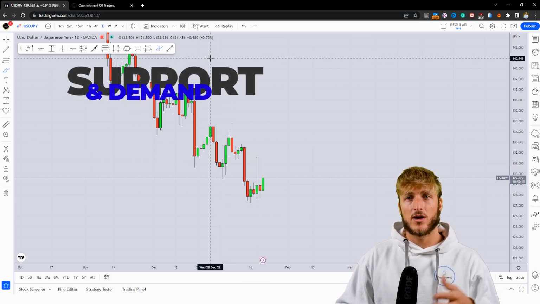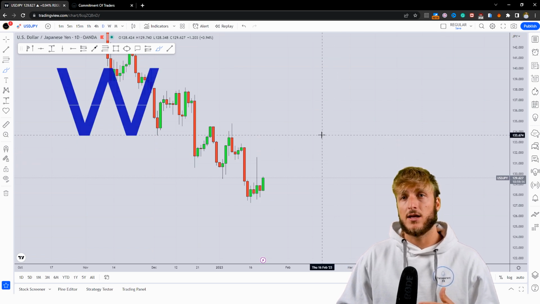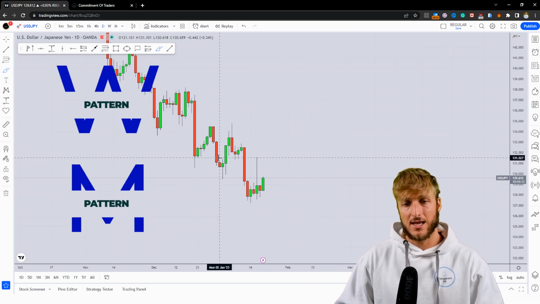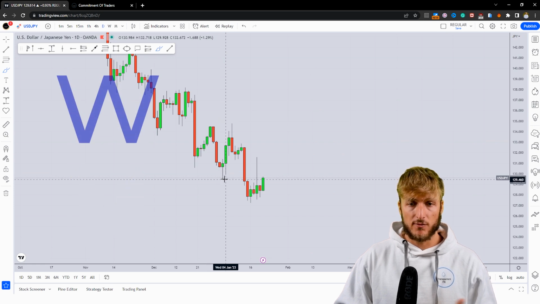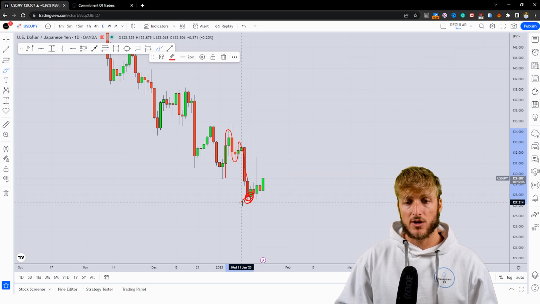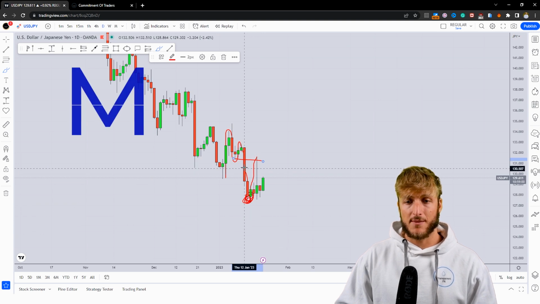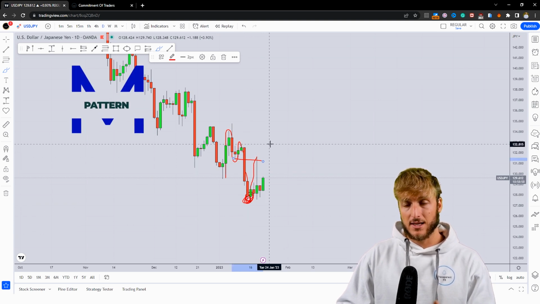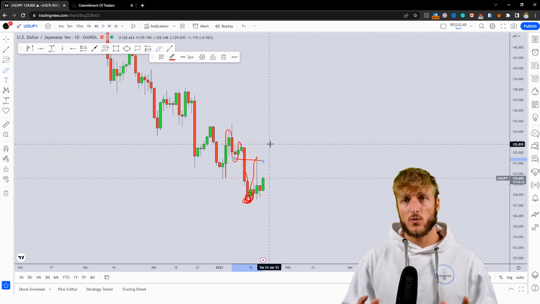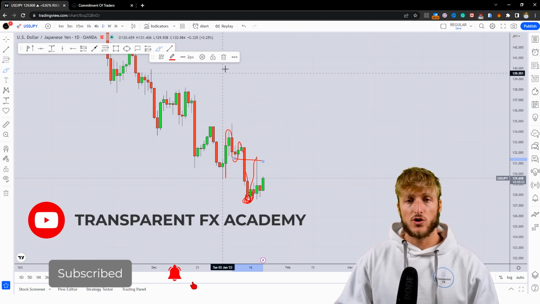Now, when you are in a range, the patterns that usually are the most effective are W and M formations. In fact, I did speak about USD JPY a few days ago after the market created this M pattern. When the market was here, I made a full breakdown explaining all the reasons for which we could expect this rejection higher for the completion of this M pattern at the neckline. And in fact, that is exactly what the market did. And by the way, I will link in the description that previous analysis so you can go and check it out